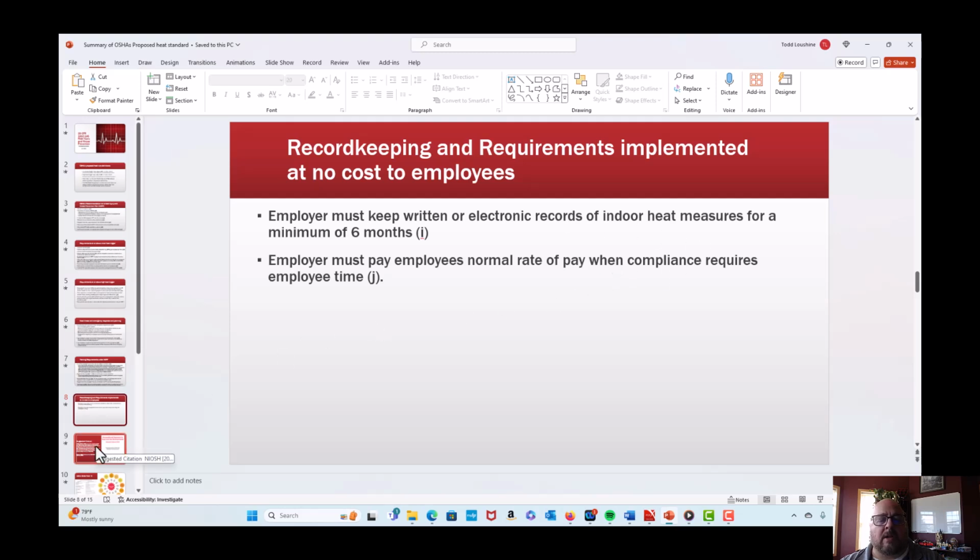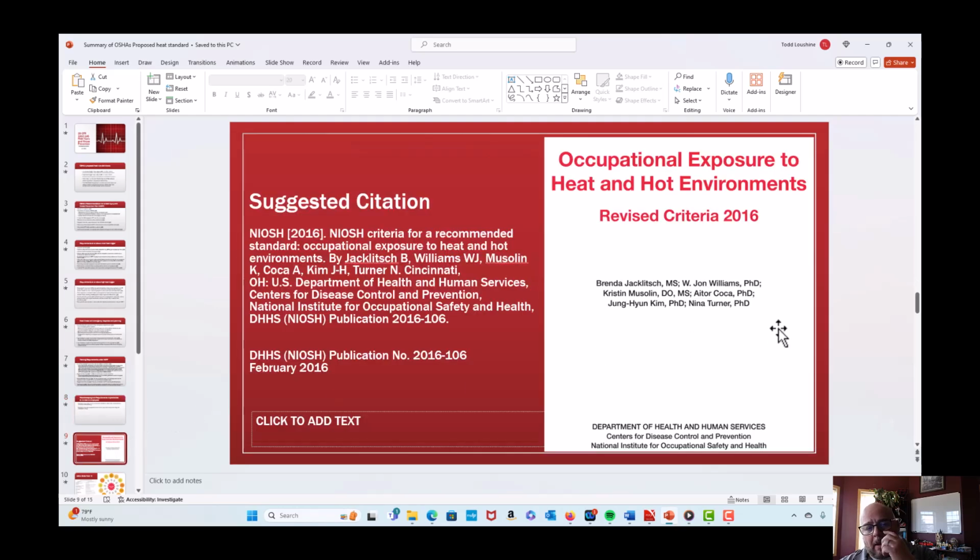So we're already there. And then I have to talk to management about affording workers their full pay when they are walking to break while they're on break, and that additional breaks may be required. The OSHA standard does make reference to some of NIOSH's work, and so I acquired, again, this is